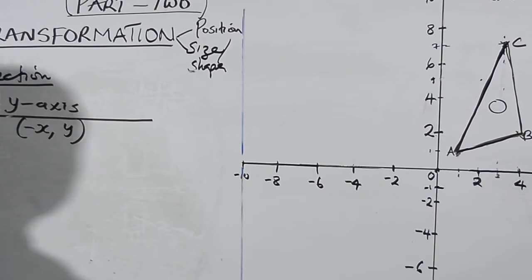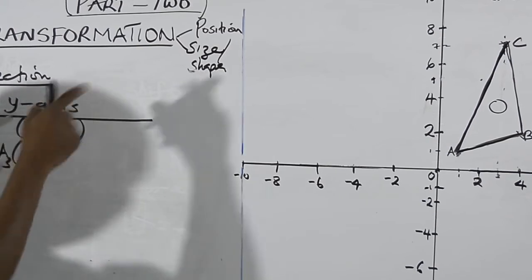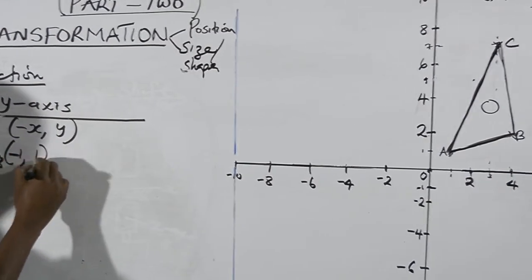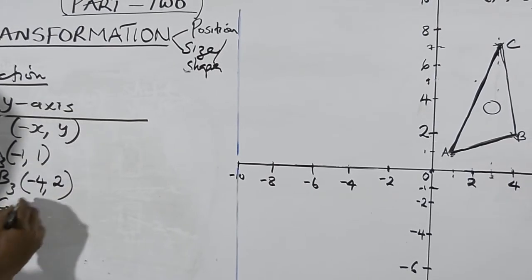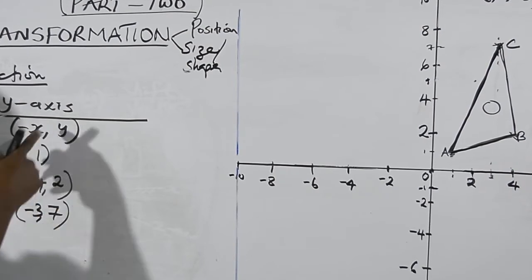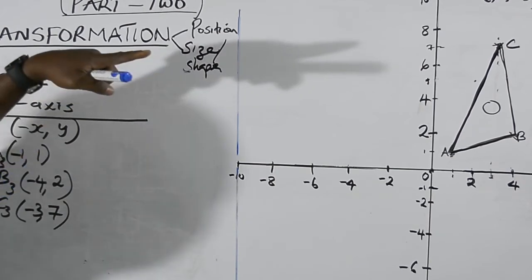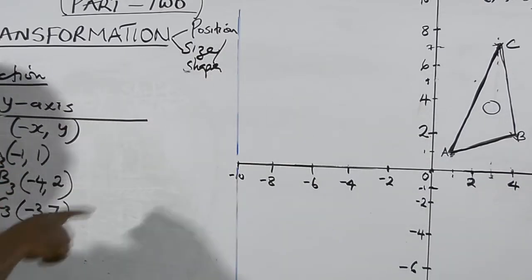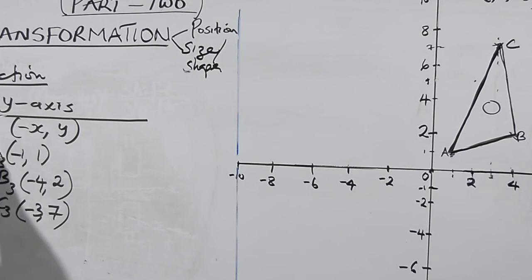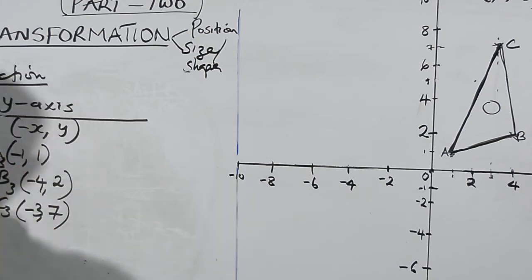So I come back to the y-axis. With the same object, the x becomes negative. Let's say A3 in that case. A3 is now minus 1 comma 1, and B3 is going to be minus 4 comma 2, and C3 is minus 3 comma 7. So watch what I'm doing here. In this case, it is the x that is negative. So up there, you see the x-coordinates of all those points are negative. And in the reflection in the x-axis, it is the y-coordinates that are all negative. So watch the formula. The formula says x comma y: x is positive, y is negative. Here, x is negative, y is positive. So we can see how it's going to be established here.